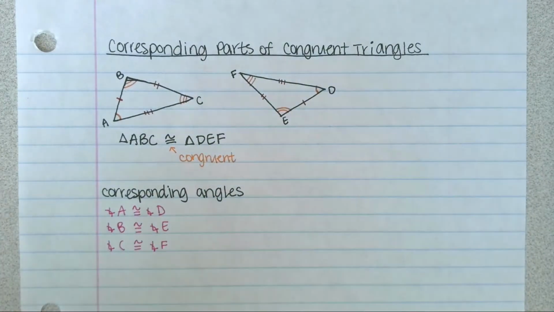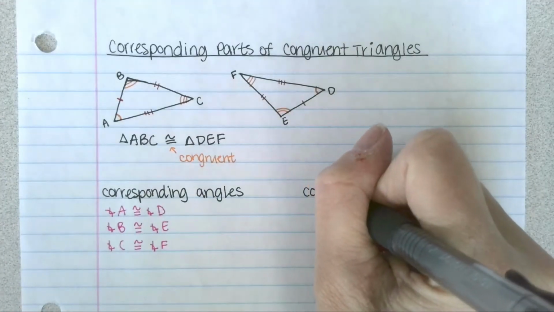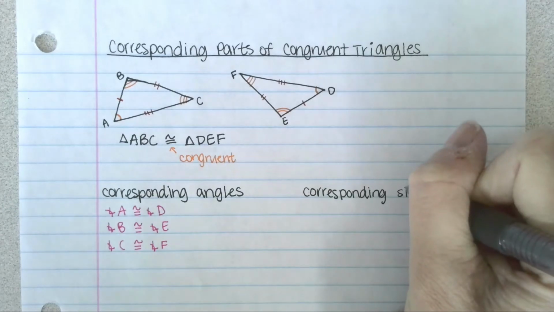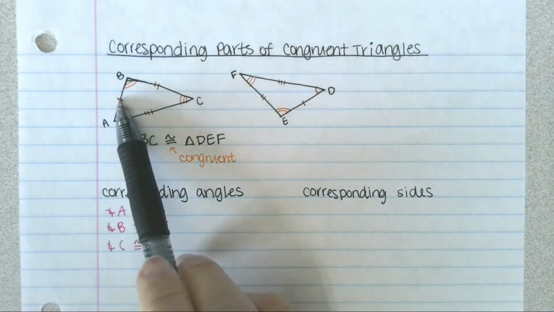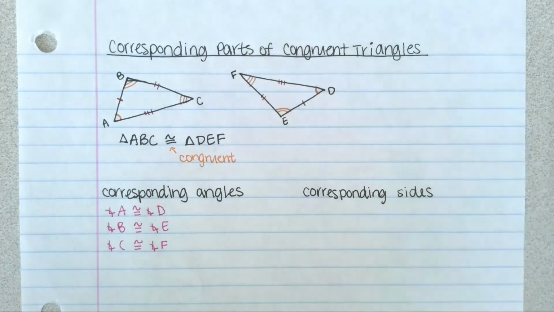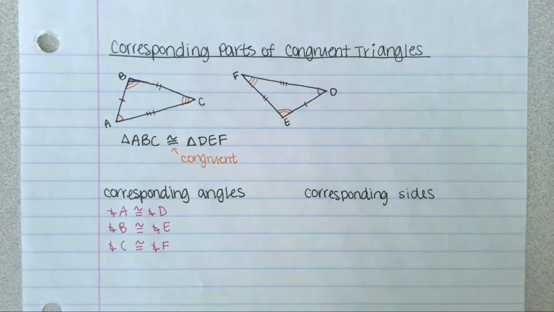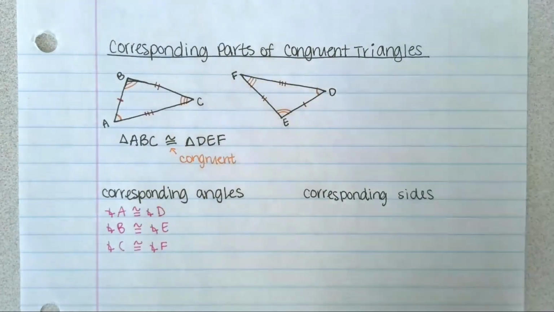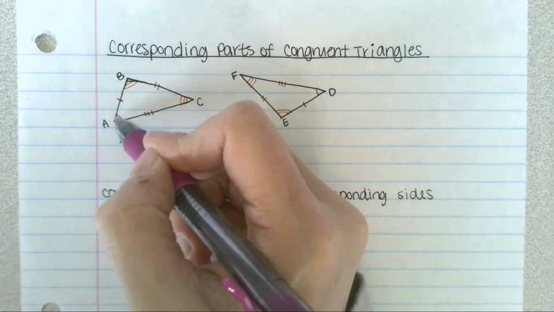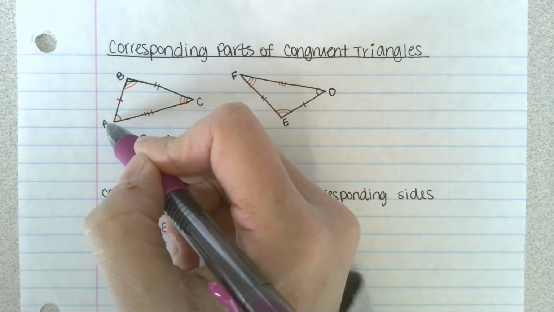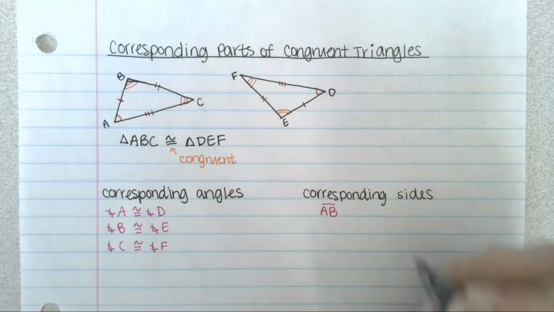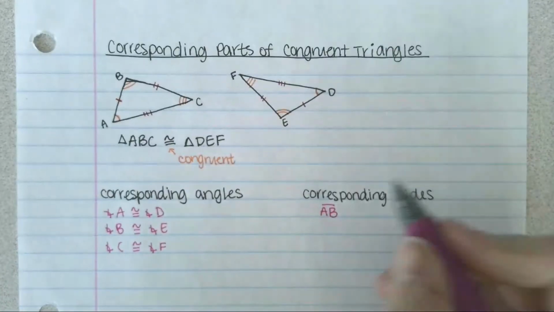Okay, we can also match these up with their corresponding sides. You can see the sides are clearly marked in the diagram, but writing them out is only a little bit more difficult because when you write a side, you have to have 2 letters and they have to have their little mark over the top. So our first side is this here, and you have to list it with these 2, A and B. So I would write it as AB with the little line over the top of it. So that is side AB is congruent to